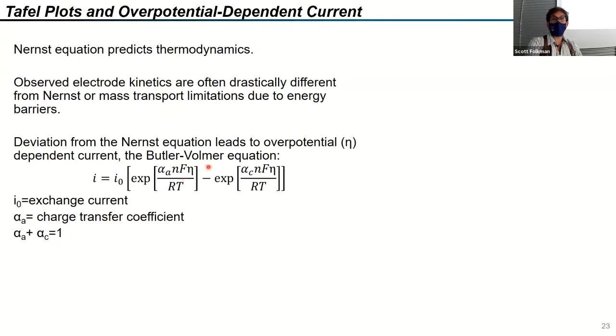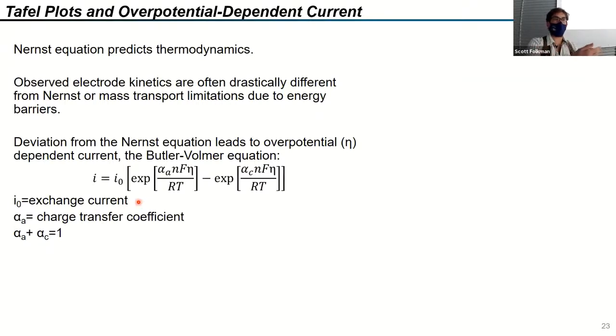times this factor. Now, the exchange current is a very important parameter for a lot of systems, because the exchange current is the amount of current that passes at zero overpotential. And what does that mean? So if it's at zero overpotential, we are at the standard potential of an electron transfer process. So for example, our ferrocene 2+ and 3+. The exchange current is how much current is passed through those two